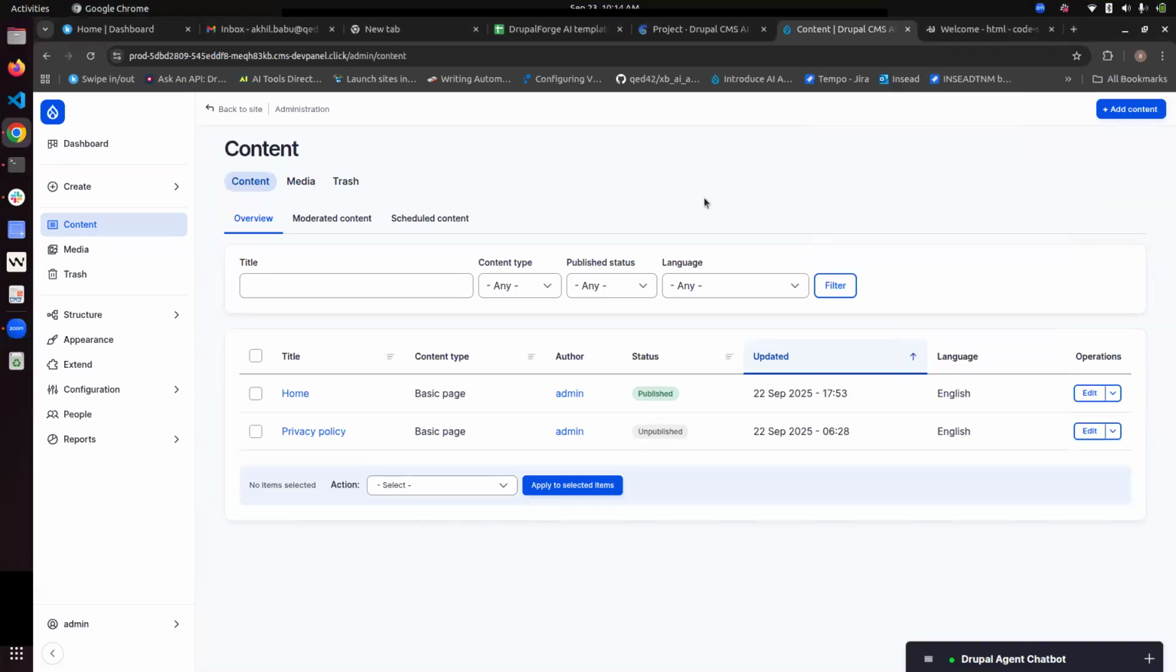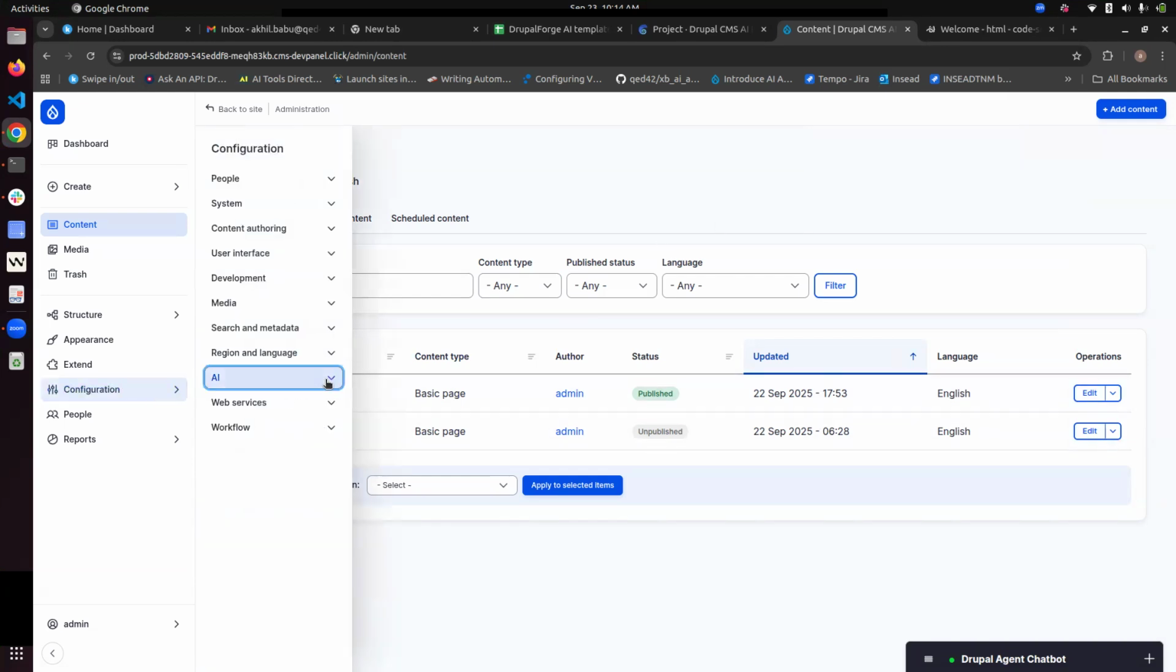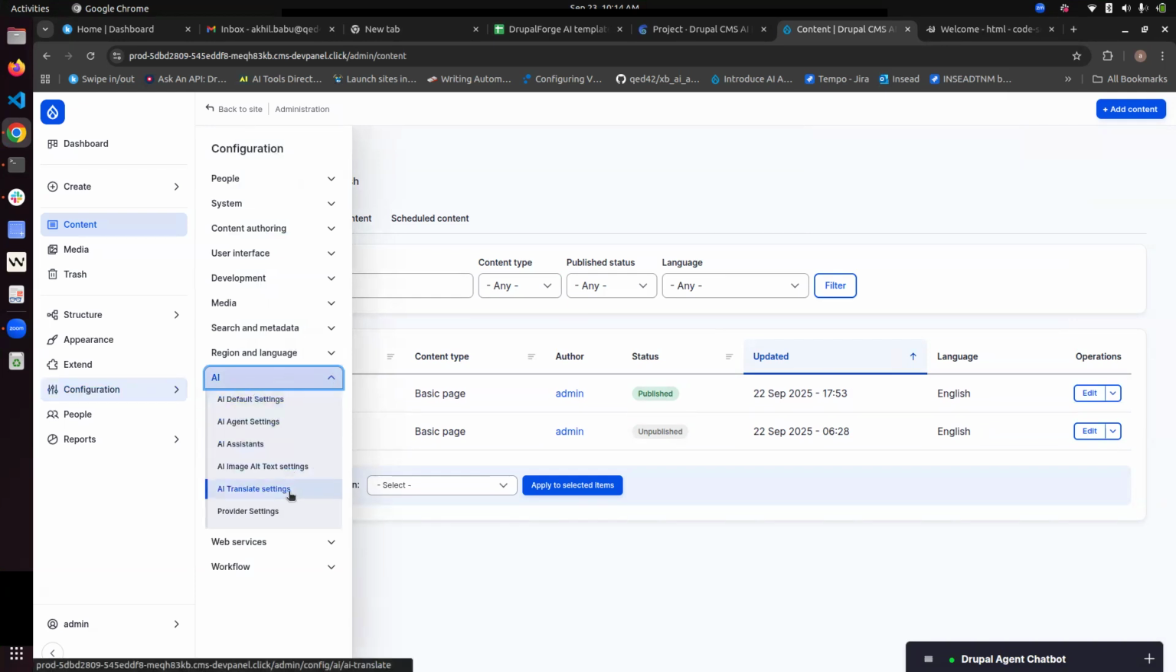This is a demo of AI translation in Drupal CMS. AI translation is a submodule that is part of the AI core module, which helps to translate content with the help of any AI provider. So I have installed the AI Translate module in this instance, and its configuration can be found in Configuration, AI Translate